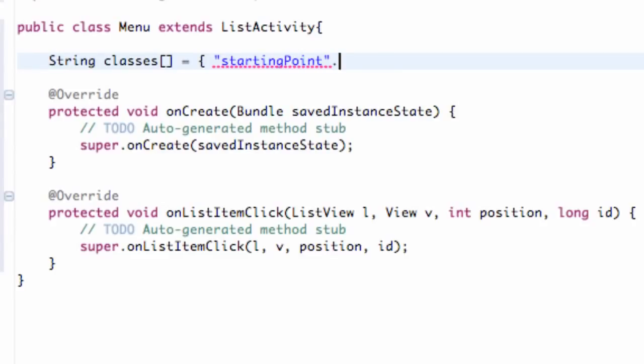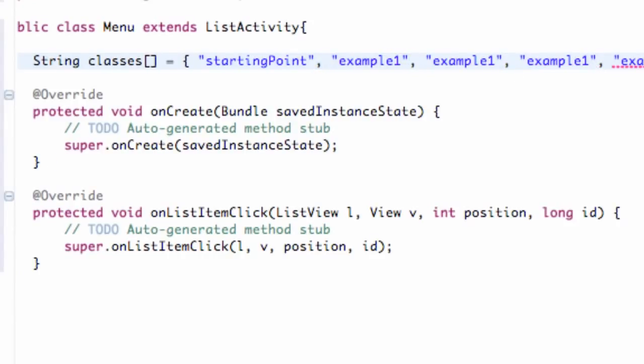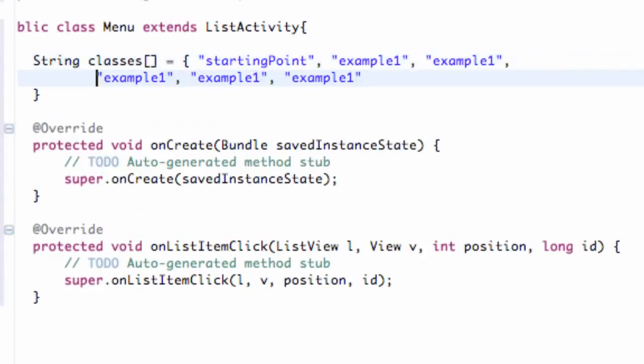So just say startingPoint, and then we're going to put a comma, and we can say example 1, and then I'm just going to copy this and paste it a few times just to get some more things within our array. It's still all in basically one line of code. I'm just copying and pasting. So we still need to enter a bracket right here, and still need to finish it with a semicolon. So there we go. We have some things within our list array,